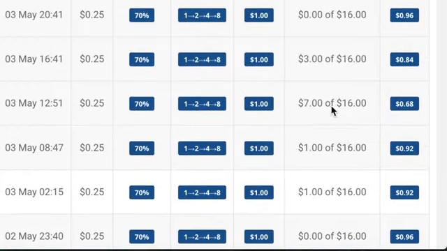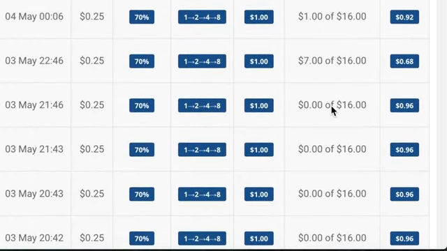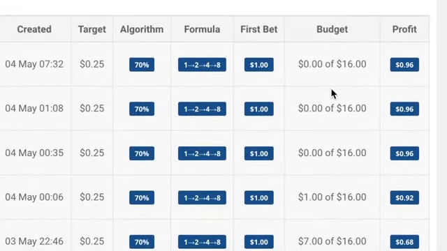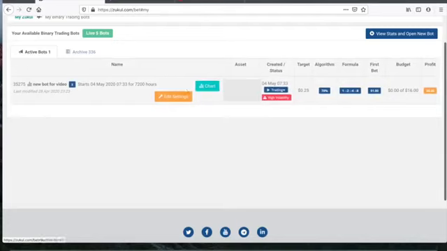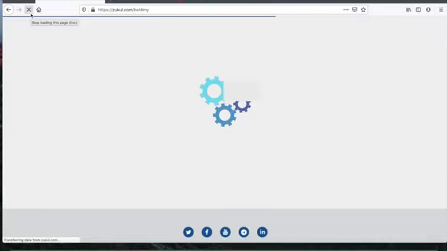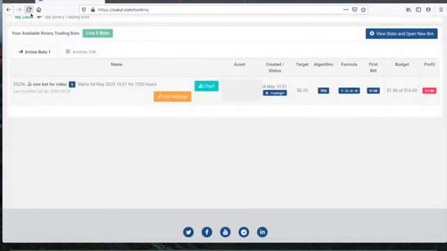But as you can see, until we come right up to the top, this bot is constantly running in a profit. Okay, and it's got an active position now, and if I come over to the active bot, it's got an active position. If I just refresh this just to make sure, to see if it's made any bets or trades. So it's made a trade, and it's made a loss now of $1,